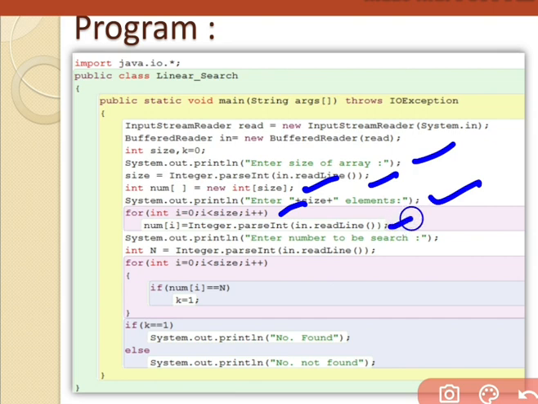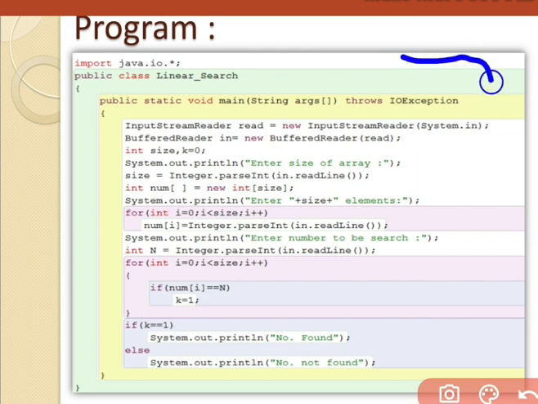After filling the array, we have to accept the number to be searched, because we want the element from the user, what the user wants to search first of all. Then we are going to apply the linear search technique. These things we have to prepare first, and after that the linear search technique applies.